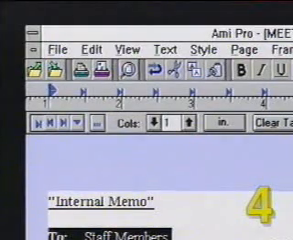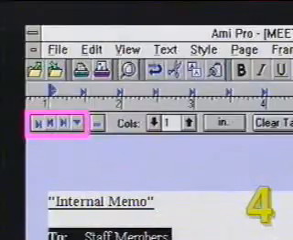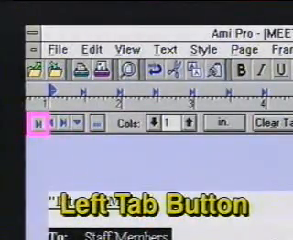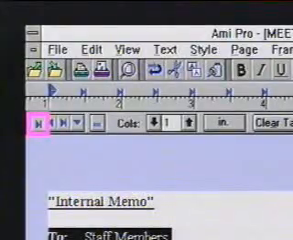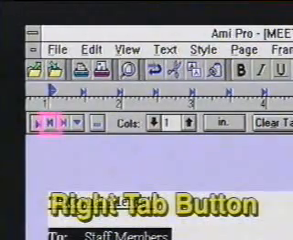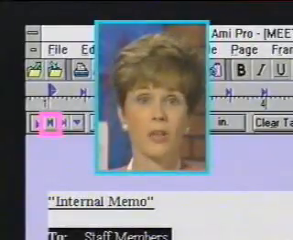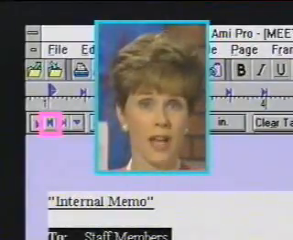On the far left of the tab ruler are 4 buttons representing the different types of tabs we can use. Currently, the left tab button appears pressed in, indicating that any tabs we enter now will be left tabs. Next to the left tab button is the right tab button. When we use a right tab, everything we type will appear to the left of the tab stop and will